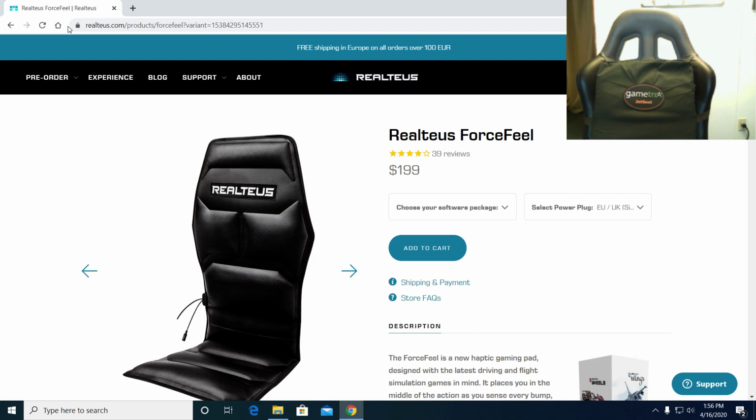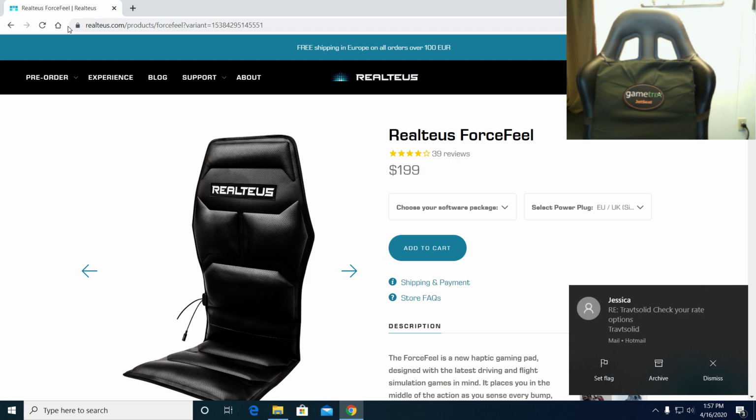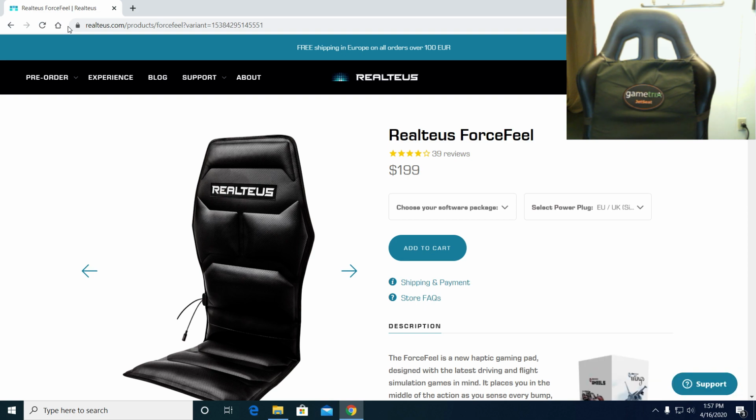But I did order from Realitas because they were the first ones that I actually saw. So I did order from them, and then about a month later, they hit me back and said that they were out of stock. So of course I'm upset. They did give my money back, so that was no problem. But I did want the seats. I cared more about the product than I did the money. But if you can't get the product, of course you want your money back. So they sent me my money back, and of course I went to still searching,